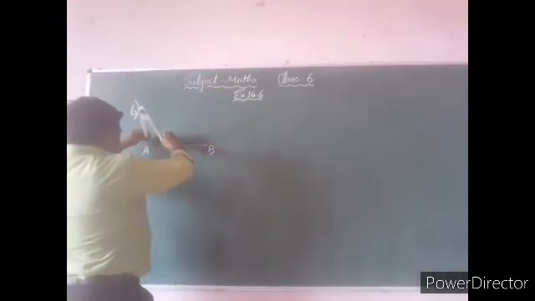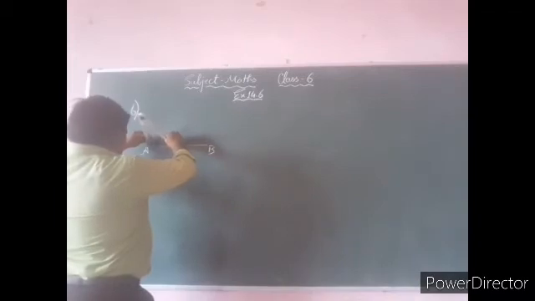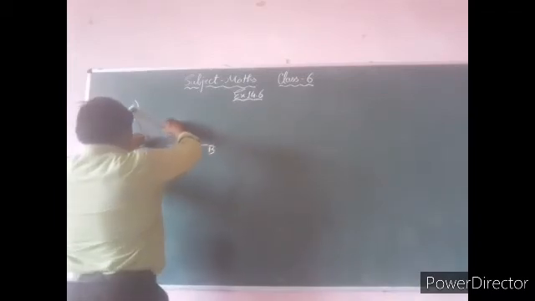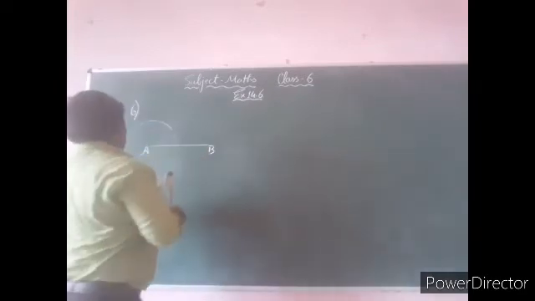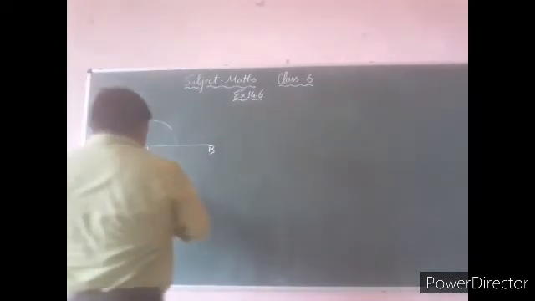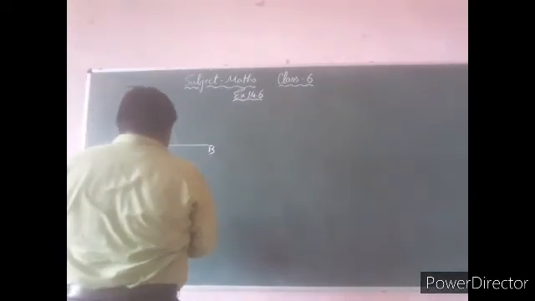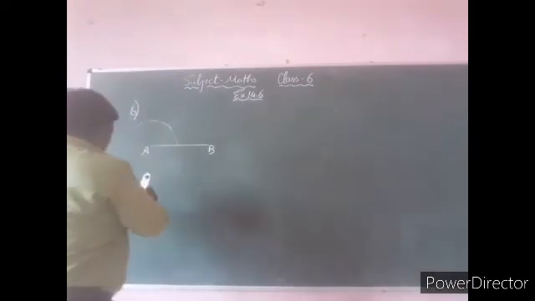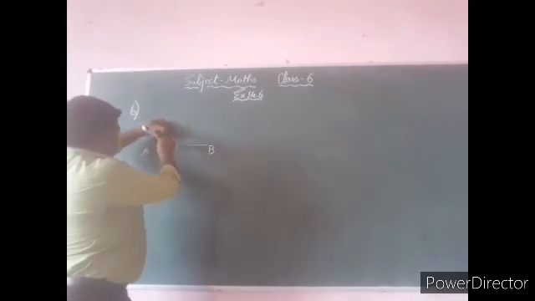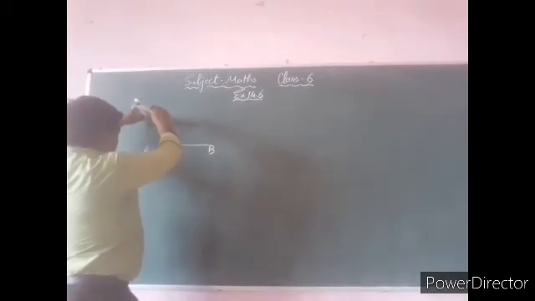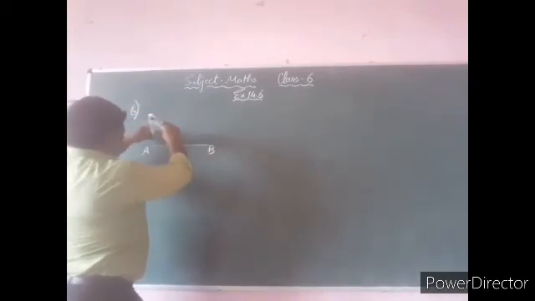So for 90 degree, taking A as the center, draw an arc of any radius of the same radius. Here draw an arc and taking this as the center,